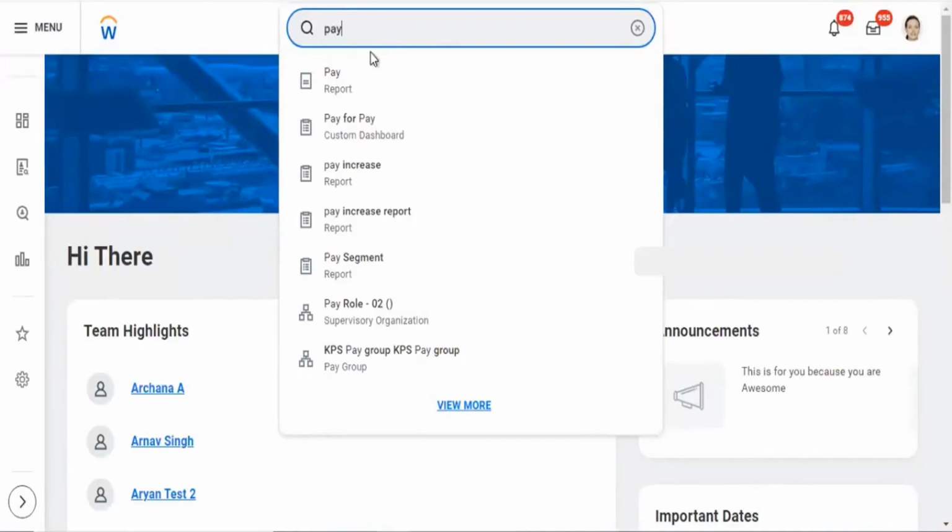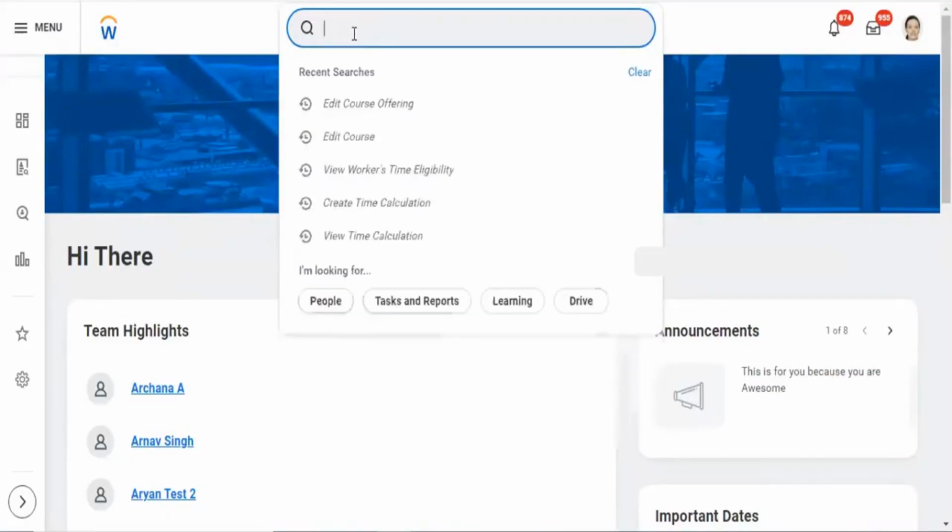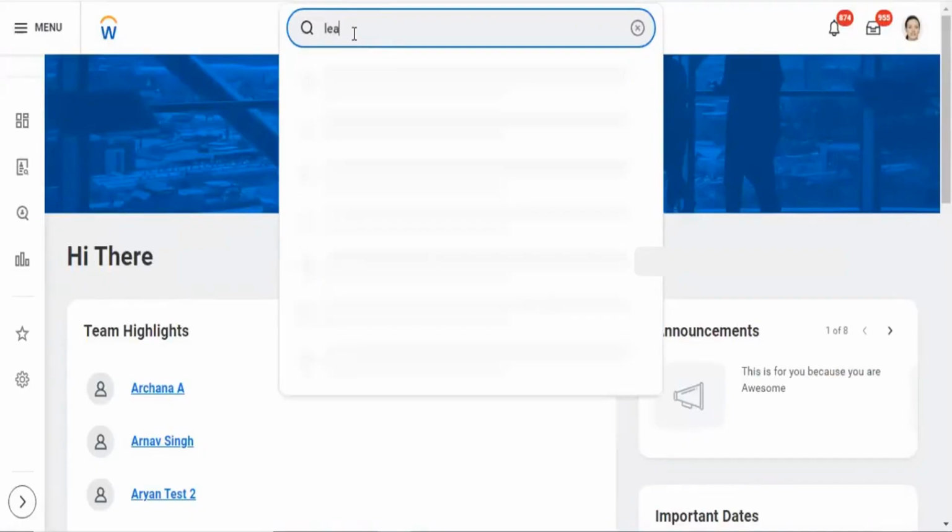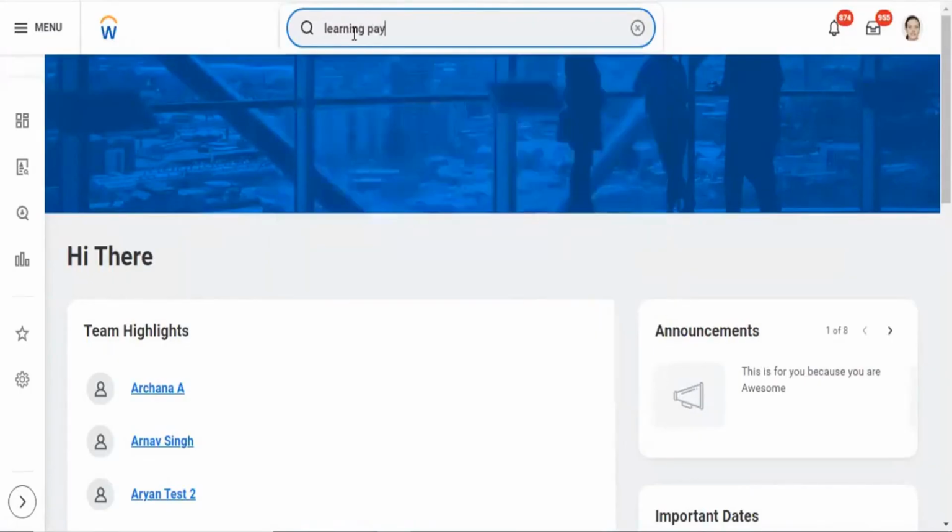Well, we can see the payment part. It is nothing but what credit that will be costing for each payment. Learning payment.